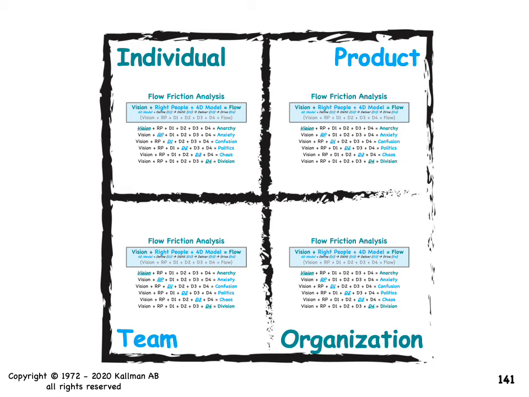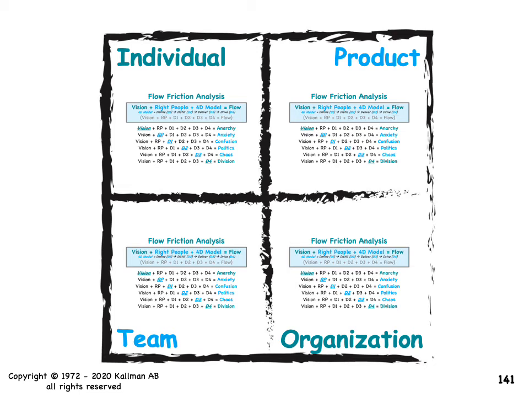If the team is feeling that there's anarchy or anxiety, confusion, politics, chaos, or division, you can quickly use that. If they dot vote and 3 of them pop up, then you can go to the root cause. If it's politics, then obviously we don't have agreements. Let's figure out where we need to get agreement in order to eliminate that from the voting. Same for product, program, process level, and definitely the same for the organization level.